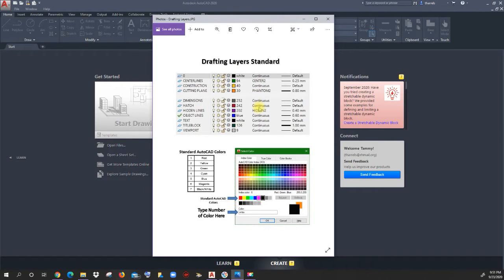colors, line types, and line weights. If you are colorblind, each color has a number. We do have blue and white. Blue is one of the standard colors. Again, if you're colorblind, blue is the color 5. So all you have to do is type in the number 5 and hit OK, and it will give you blue. So each color has a number and a line weight and a line type. So you don't just pick your own colors, you have to use the standards that we have set up for